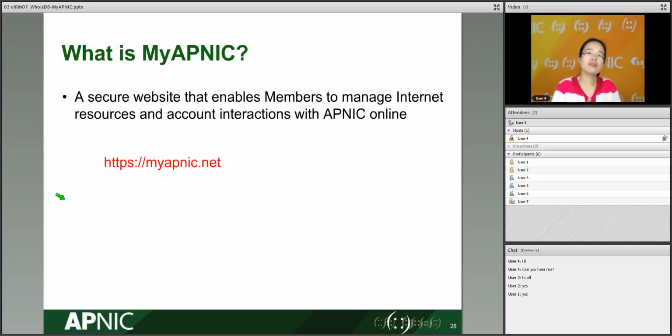Okay, and for the previous part about the Whois database. The Whois database is very useful when you are maintaining the network. You want to know some information about one block and contact this person, and solve some problems. And our Whois database, I mean for Asia Pacific, is from MyAPNIC. MyAPNIC is for our members, for APNIC members to maintain their resources. Each member should have an account to log into MyAPNIC. So here is the website,